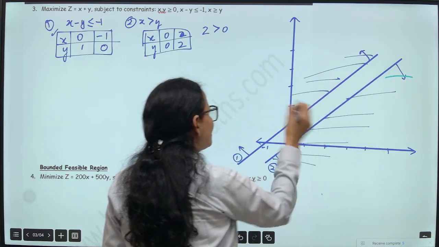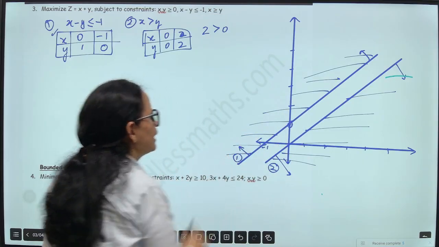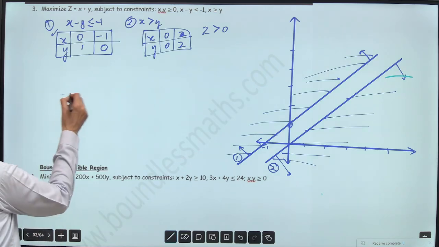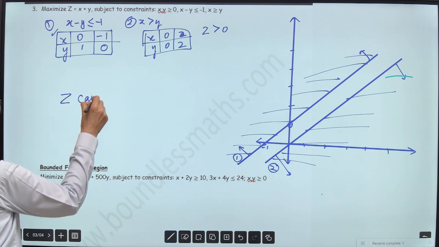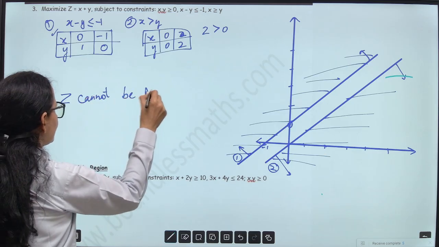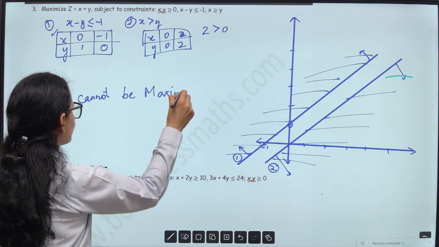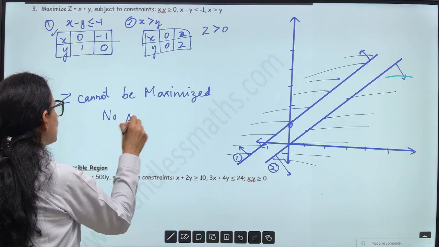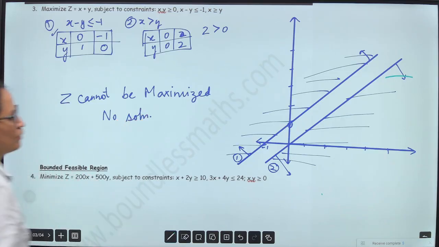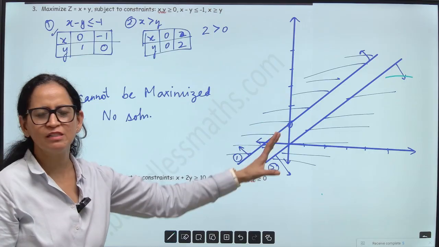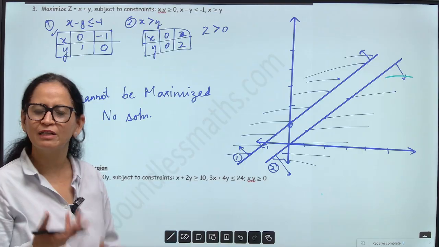Now as you can see, there is no common feasible region between both the explicit constraints. So that means z cannot be maximized here. Z cannot be maximized and there is no solution for this LPP. Right? So the feasible region has to be common between the feasible region of both the inequalities. If there is no feasible region that is common between both of them, then there is no solution as such,